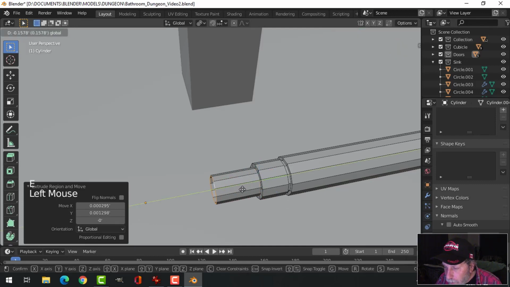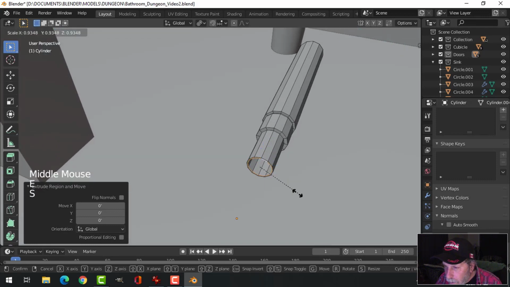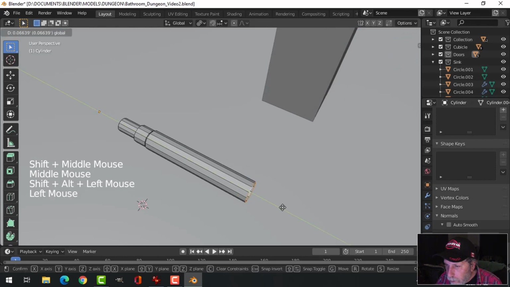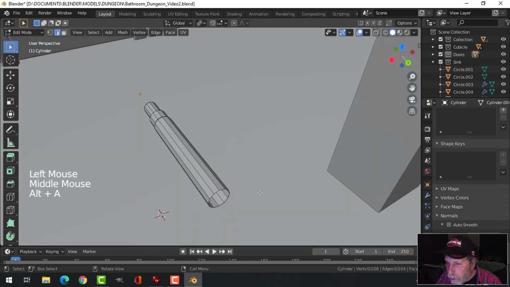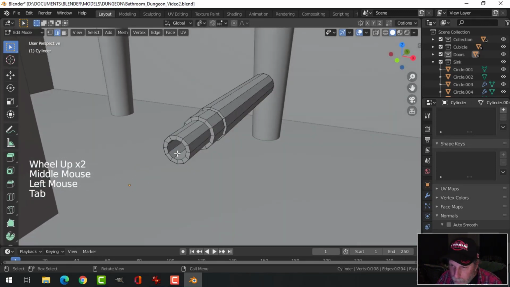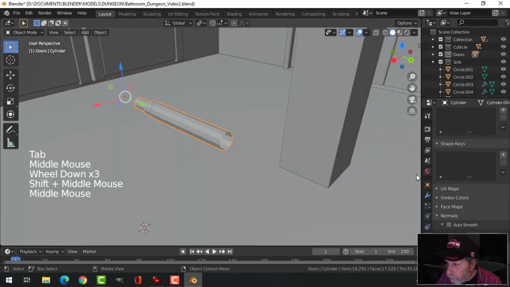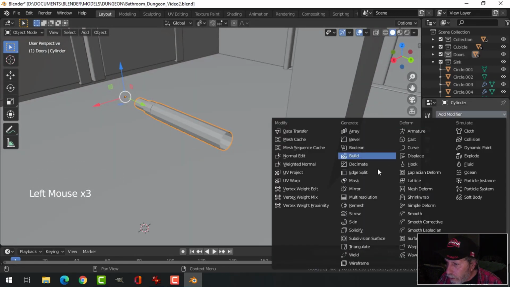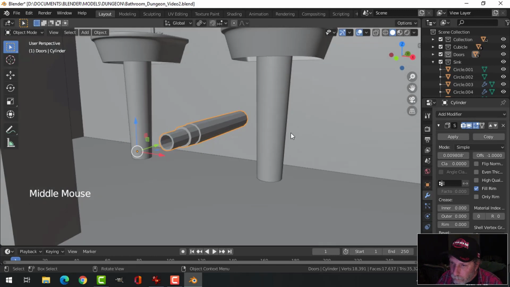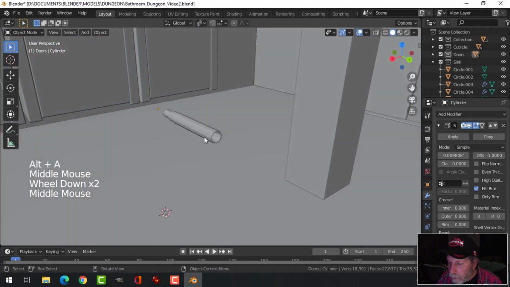I might just do this. In fact, I might use solidify on this, so I might get rid of these faces and then solidify. To do that,